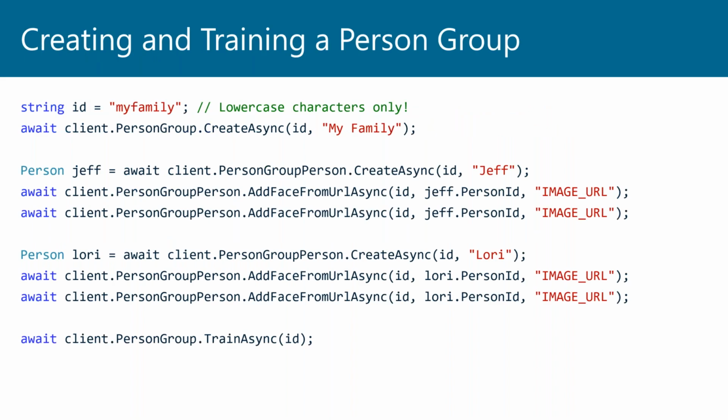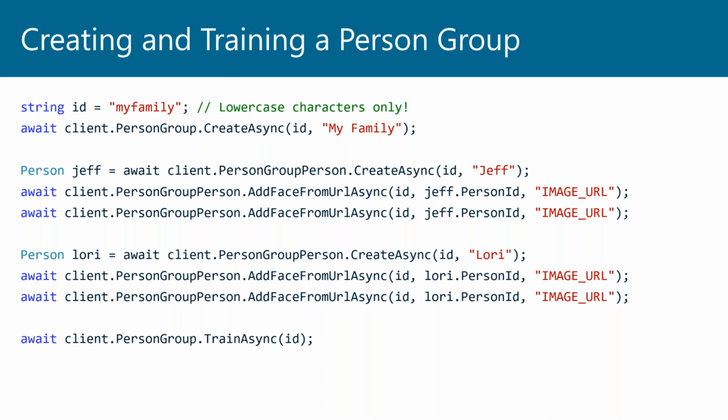If you wanted to go further and create an entire facial database representing a group of people, you could do this. Here, I begin by creating a person group, kind of an awkward term, but it's called a person group in this API. Then I add persons or people to the person group. And for each person that I create in the person group, I upload facial images or photos containing pictures of